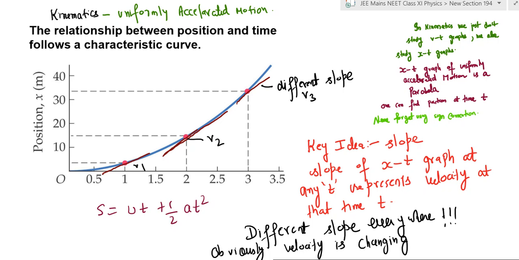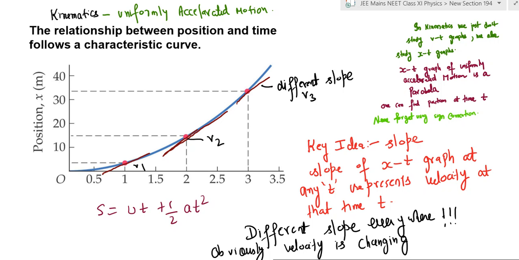Now you would be wondering, what is the context of slope when it comes to an xt graph? You can draw a slope, which is nothing but a tangent. The relevance of slope is applicable irrespective of the type of motion. Finally, slope represents something. In the case of a position-time graph, whether it is uniform motion or non-uniform motion,